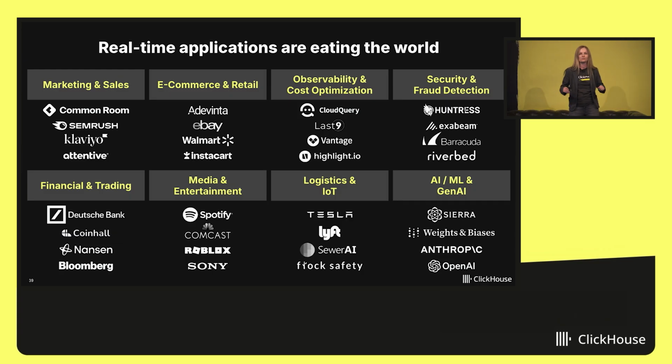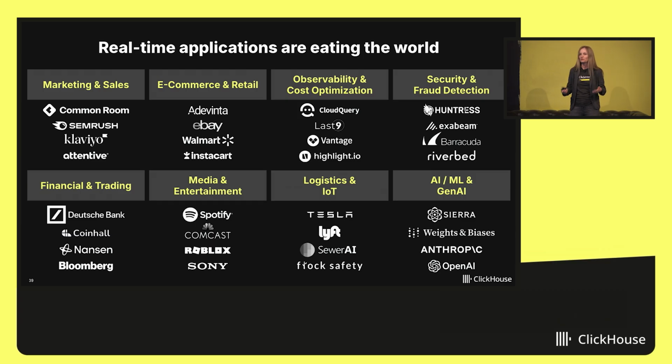So again, I'm a product and marketing leader. I use some of these tools. We use Common Room. We love Common Room. It helps us understand our community. When I'm using that tool, I'm not going to wait for a report to come back. It's running on ClickHouse to make sure it's fast for me and my team. SEMrush, again, happy user of SEMrush for our web analytics, and so on. But then there's other whole industries and product categories built on ClickHouse.